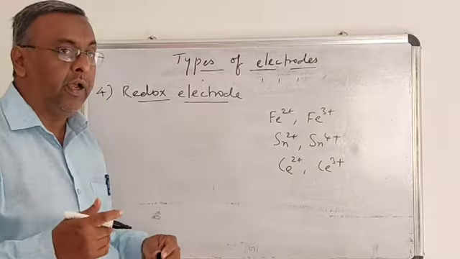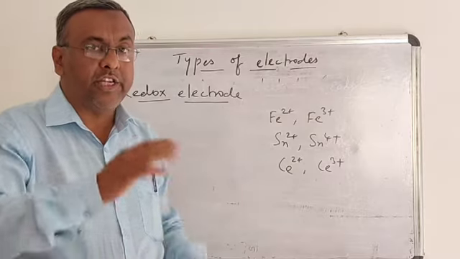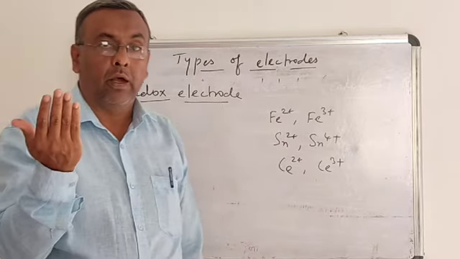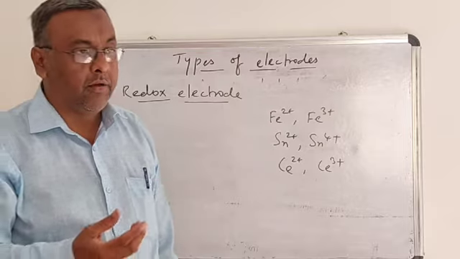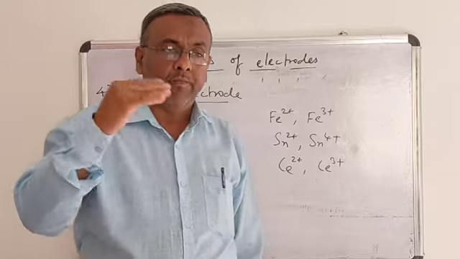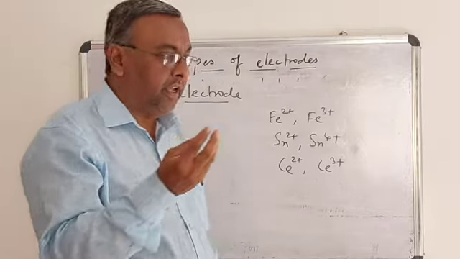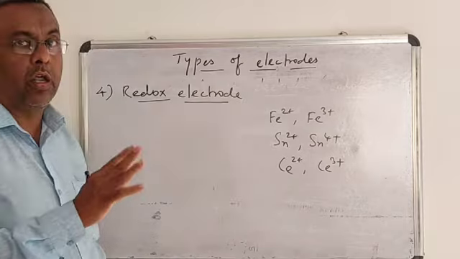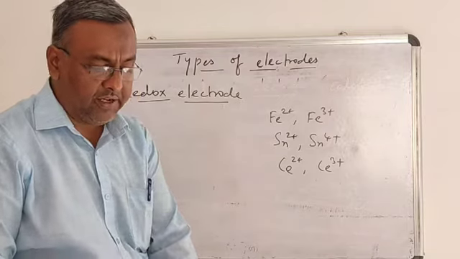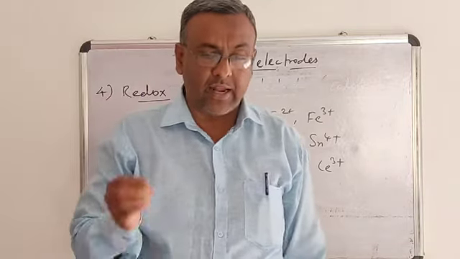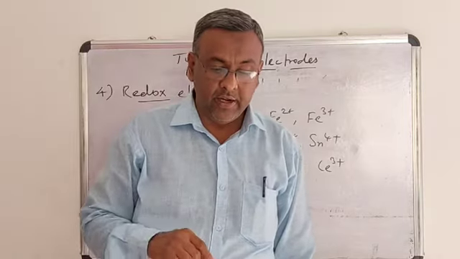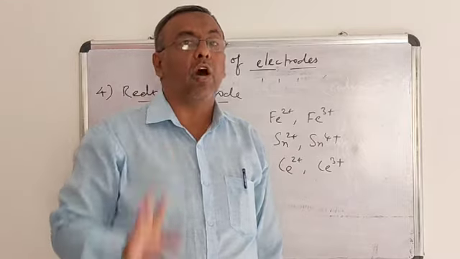This potential developed is due to oxidation or change of a metal ion from one oxidation state to what is called the stable oxidation state. When a metal ion oxidizes to the stable oxidation state, the potential developed on the electrode is called the redox electrode. For example, the potential of the electrode arises from the tendency of the ions in one oxidation state to change into the other, more stable oxidation state.